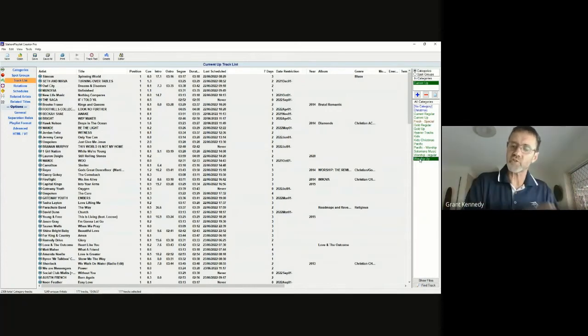You're adding fresh tracks in, you're moving tracks that are becoming burnt or old into other categories, or songs where you go, I don't really want to play that one anymore. It's not sounding that good now. It was a great song for its time, but let's give it a rest for a few months, and then in 3 months' time we'll just add it into the normal rotation. So as a program director or as the music director for your station, you are constantly changing your music. You are adding fresh content to your sound.